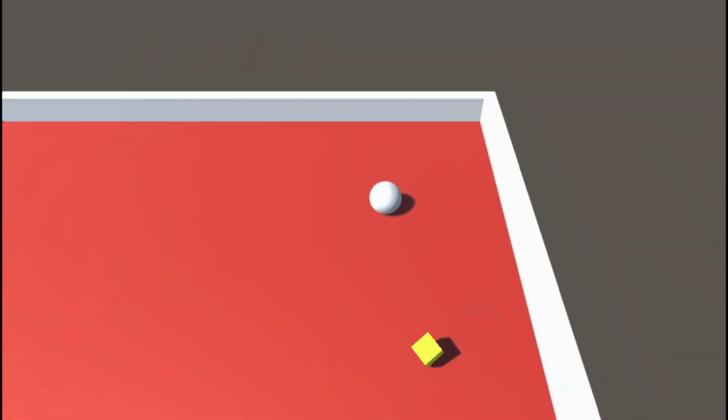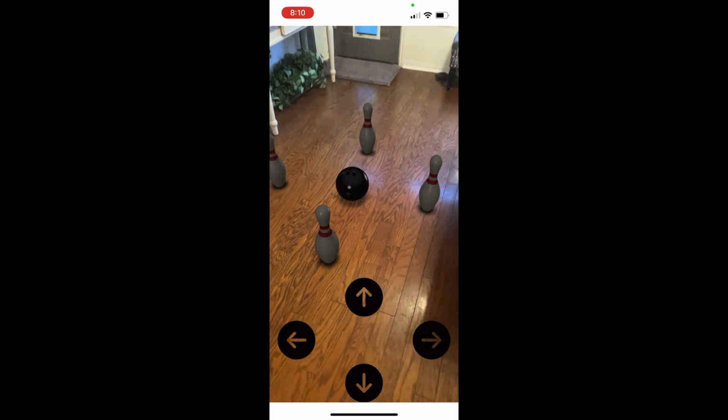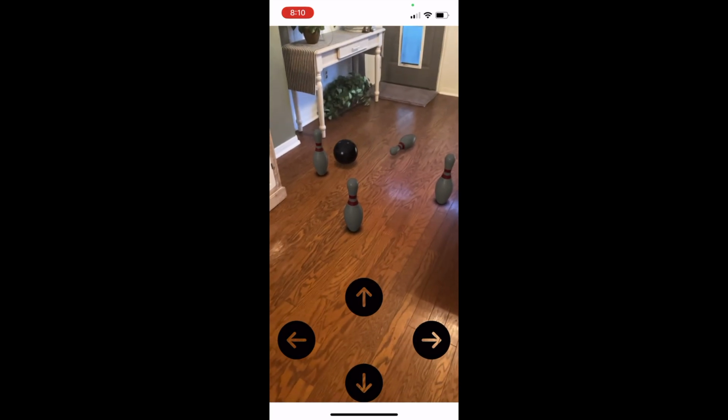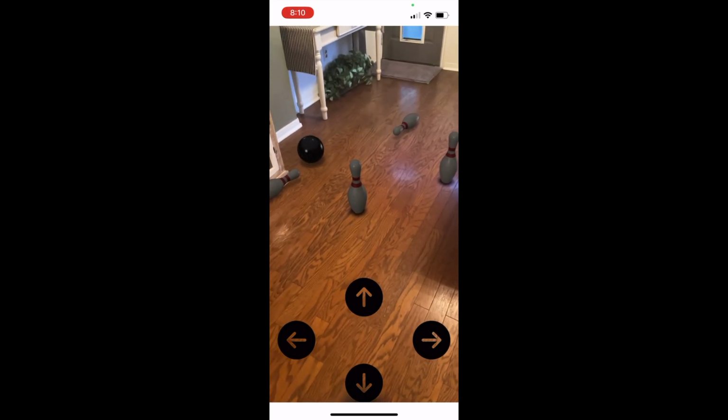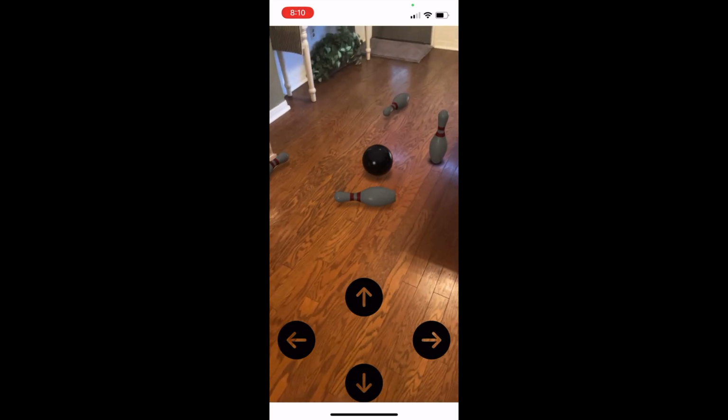The game is simple. You move around a ball to collect all the items in the scene. For this tutorial, we're going to put a slight twist on it and use a bowling ball and pins, and the game ends when the player knocks over all the pins. This slight twist will give us a chance to play with physics in RealityKit and Reality Composer, while having fun